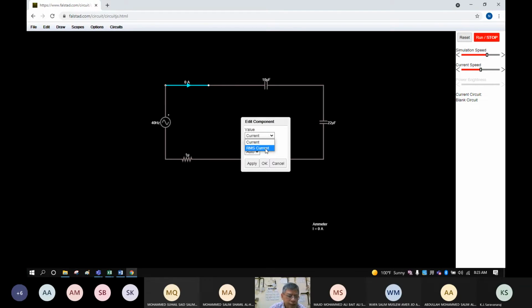What is RMS? Any answer for RMS? What is RMS, class? Anyone who can give the meaning of RMS? It is an abbreviation actually. We have the voltage RMS, we have the current RMS. I'm looking for the meaning of RMS.